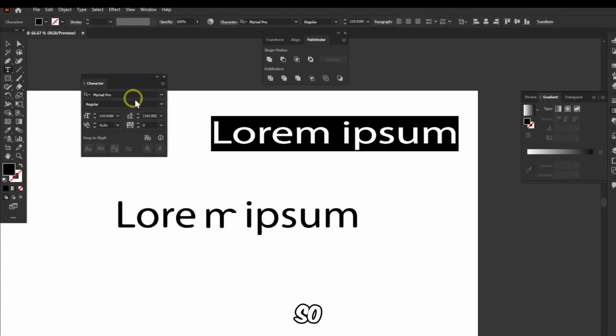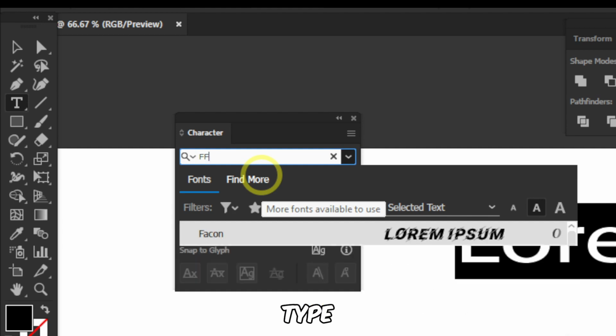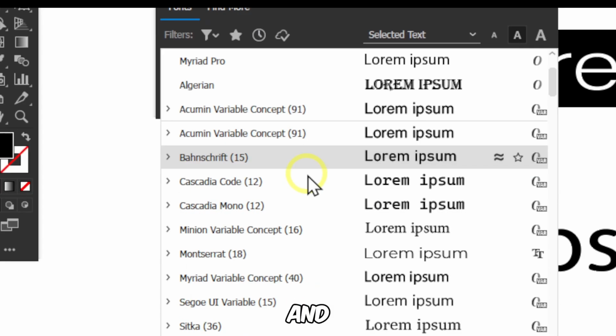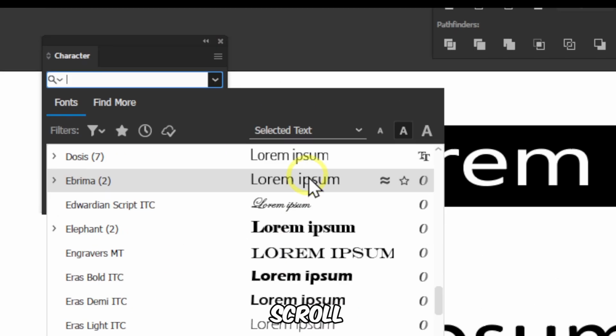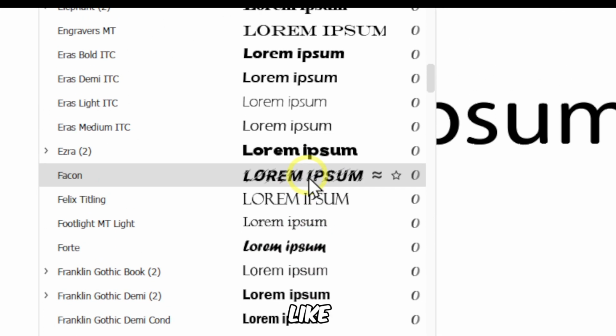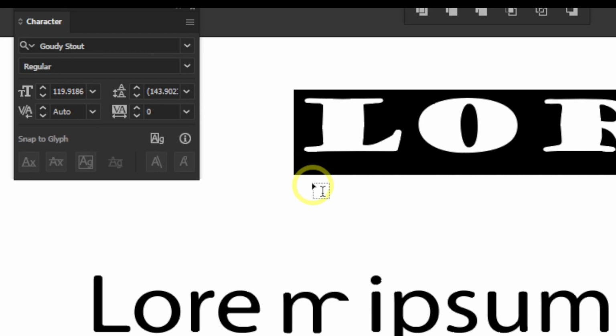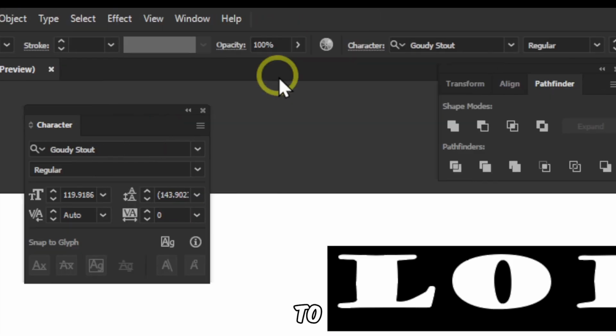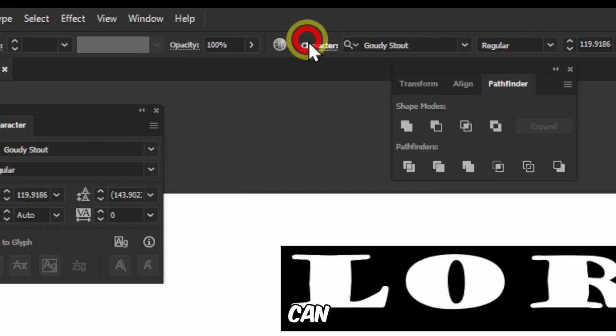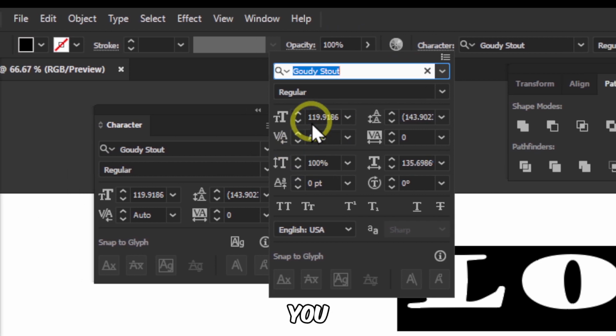to use. So here we can type the font, of course, and then we can also scroll and see which font we'd like to use for our design. And you can also click on this, and here you have other